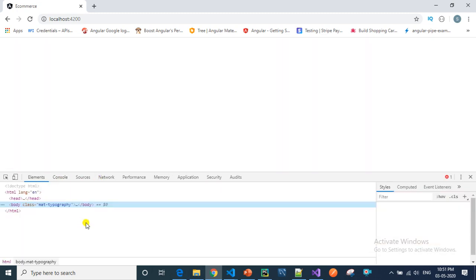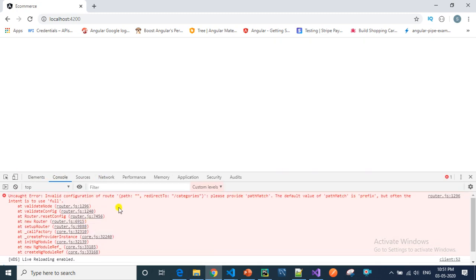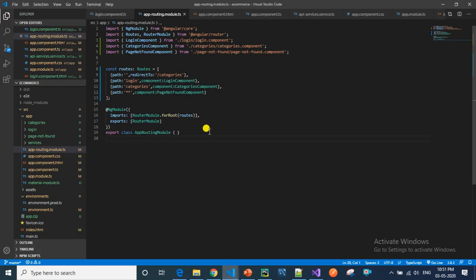If you see here, it's not working and we are getting some issue. If you notice, it is asking us to provide the path match. So if we want to use redirectTo, then we have to use pathMatch.